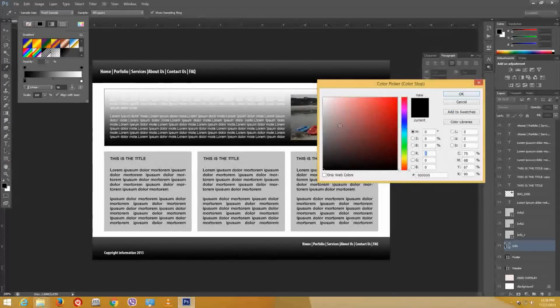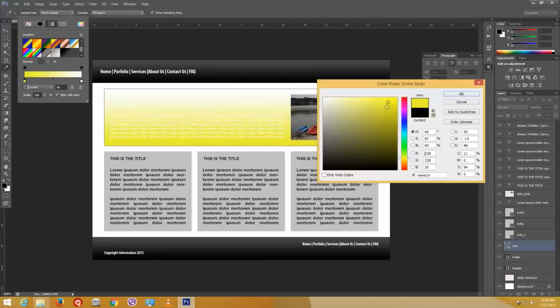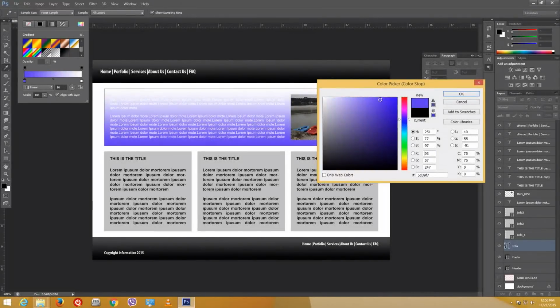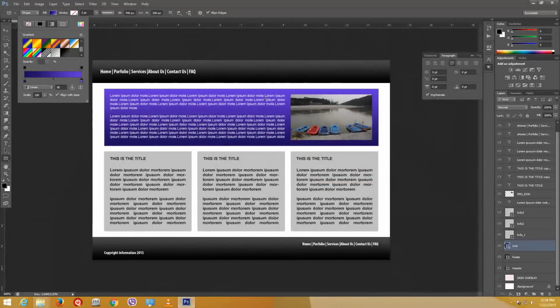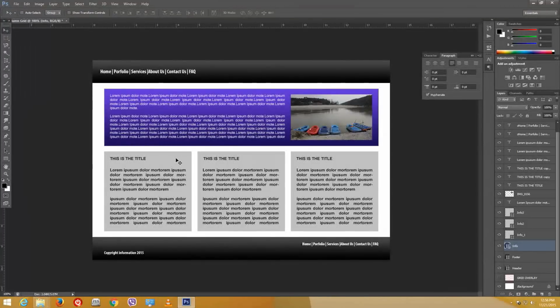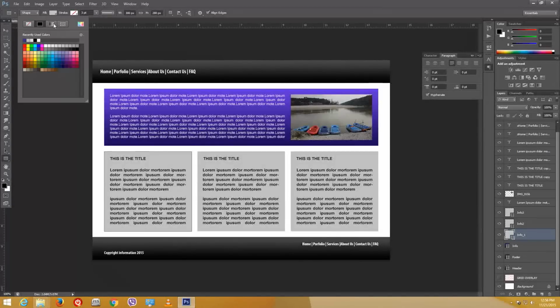and I'm going to select the blue again and be like, I want a bluish gradient over here. I want dark blue at the bottom, just like that, okay, and lighter blue at the top. So that actually looks better, doesn't it? Okay, so now for these, the info boxes, okay, go to gradient,